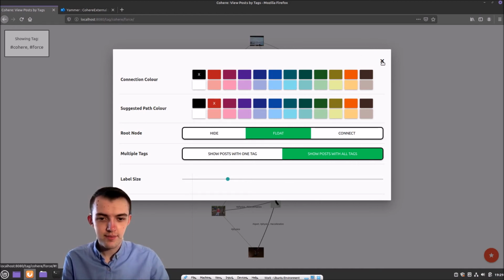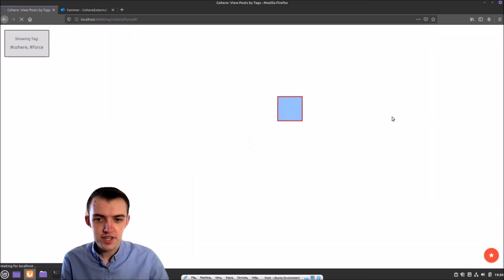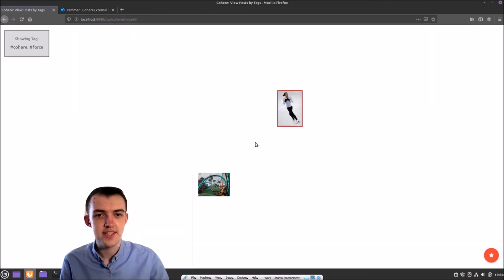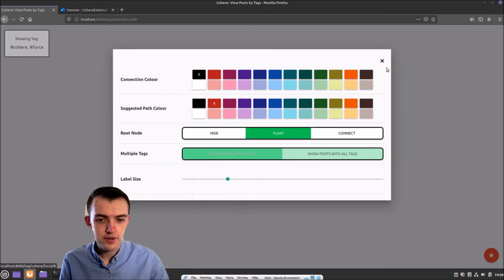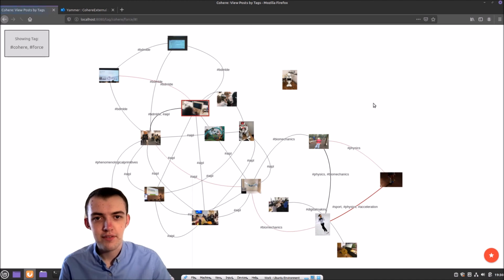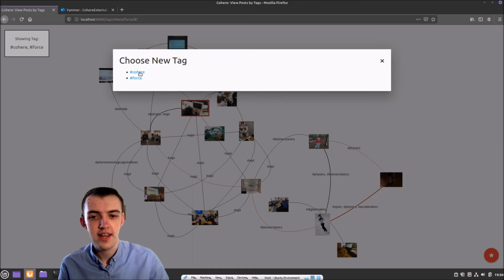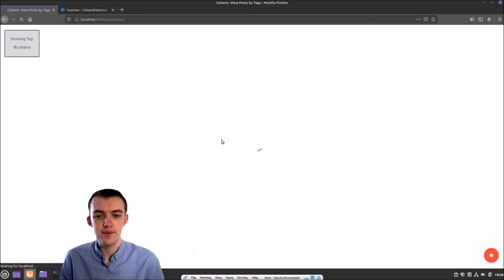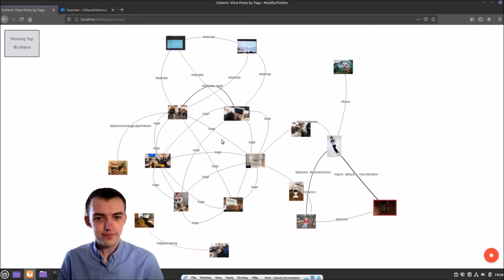So if we come out with that, the page will refresh and you will now only see these two. These are the only posts containing both Cohere and force. So I'm now going to change that back again, which will make the rest of the demonstration slightly easier. Now if I wanted to go back up a level, I can do so by going down to this menu again and doing the go to tag option, and I can select Cohere, and once again I will see everything with Cohere only. It's worth noting that if a post didn't contain Cohere but did contain force, it would have appeared in the previous screen.